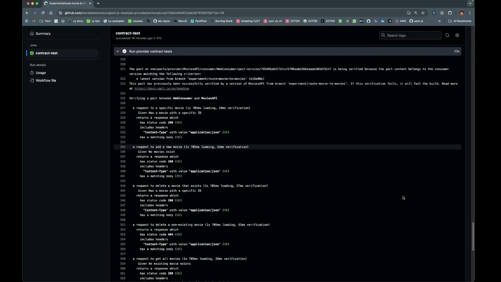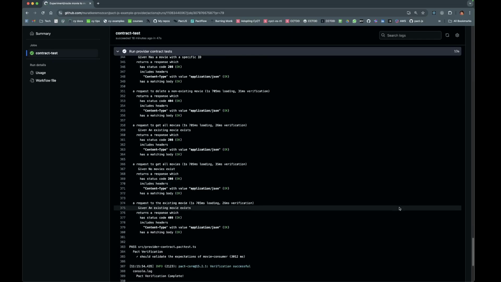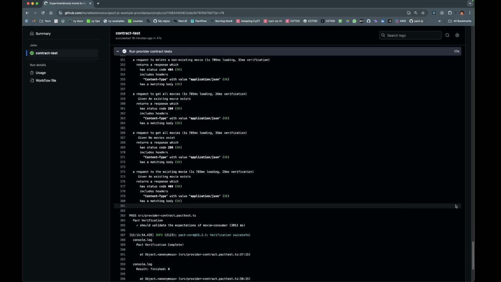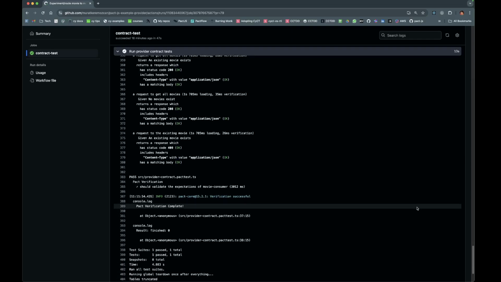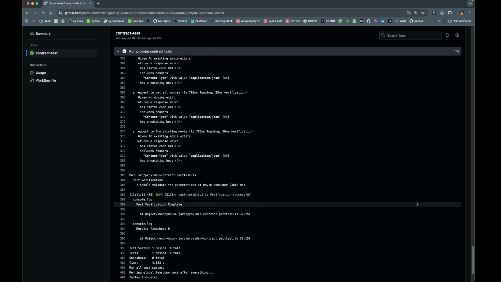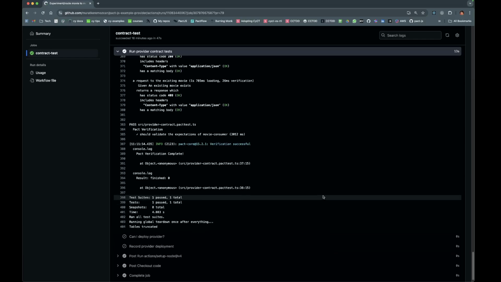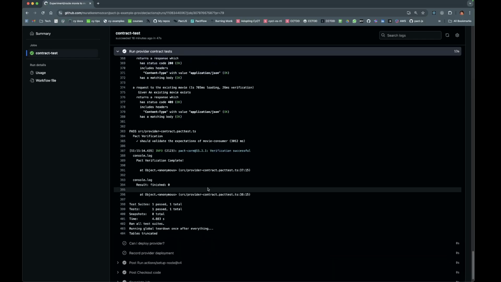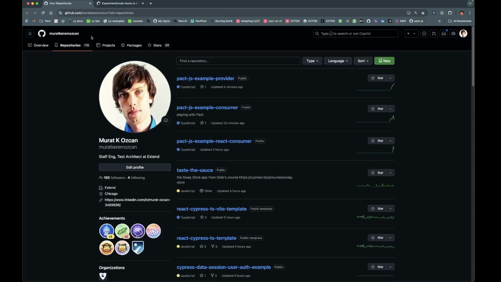Otherwise, no one can merge anything. So this is everyone doing it together. Of course, this is all an alternative to temporarily supporting the old interface and then deprecating later. But I believe this way is a lot less friction. Okay, so now let's look at the consumer PR, the same title.